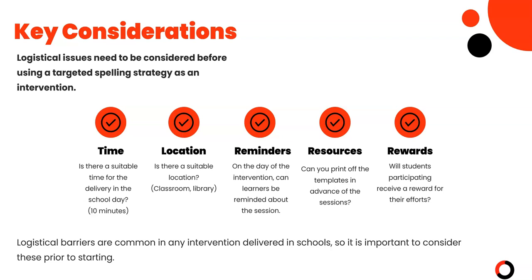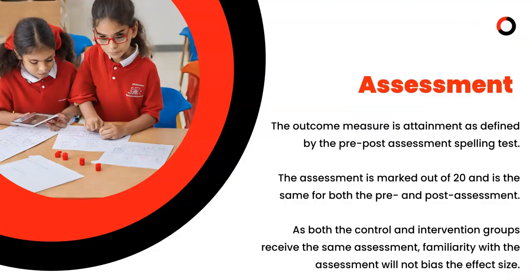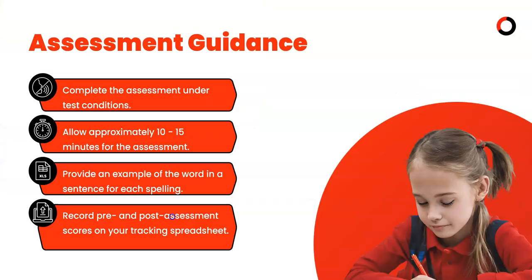And finally, the assessment. The outcome measure is attainment as defined by the pre and post assessment spelling test. The assessment is marked out of 20 and is the same for both the pre and the post. As both the control and intervention groups receive the same assessment, familiarity with the assessment should not bias the effect size. Some final guidance is complete the assessment under test conditions, allow approximately 10 to 15 minutes,